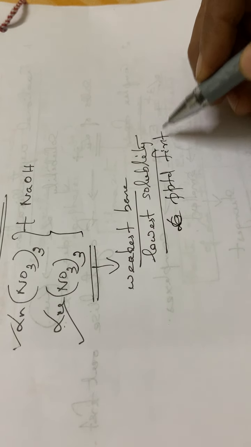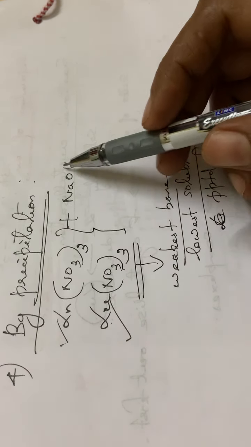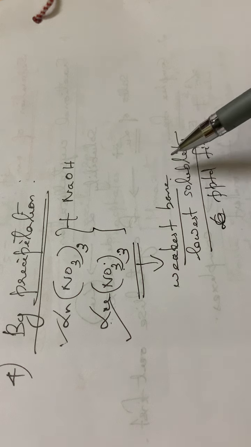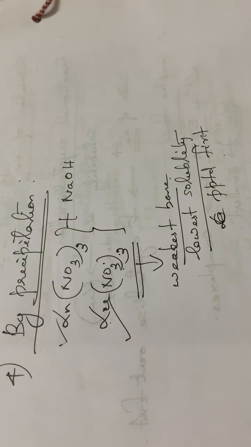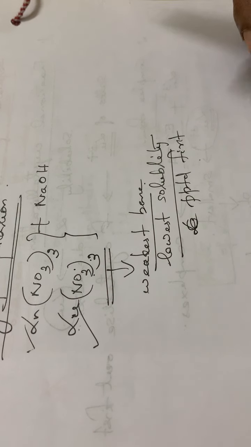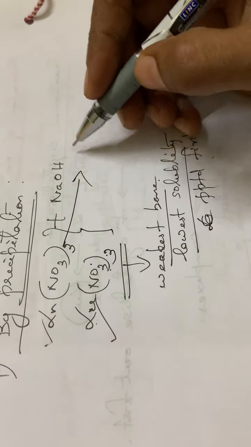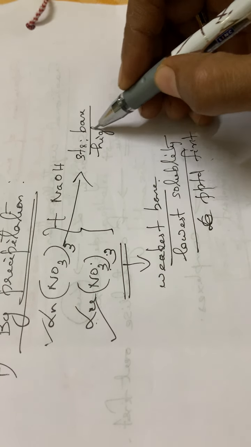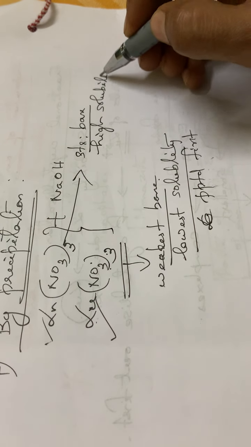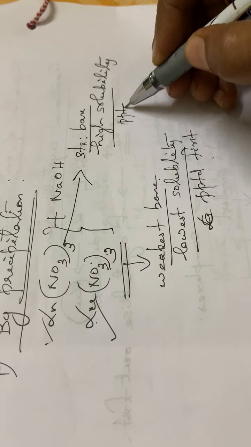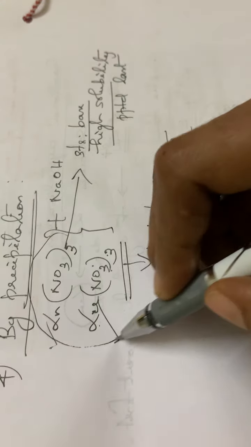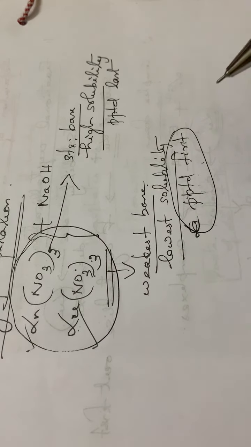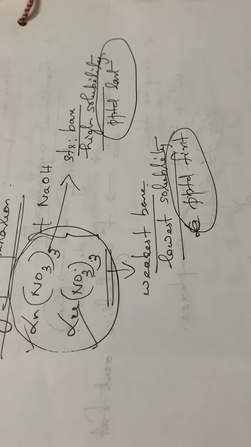So while taking a mixture of lanthanum nitrate and lutetium nitrate in sodium hydroxide, since lutetium nitrate is the weakest base, as we had already seen, it has the lowest solubility, so it will be precipitating first. But lanthanum nitrate is the strongest base, just the reverse. So it has the highest solubility, and it will be precipitated last. So lutetium nitrate will be precipitating out first and lanthanum nitrate will be precipitating out last.